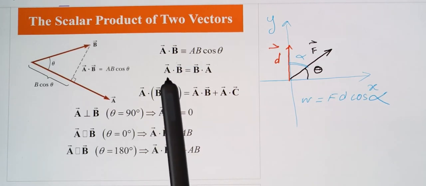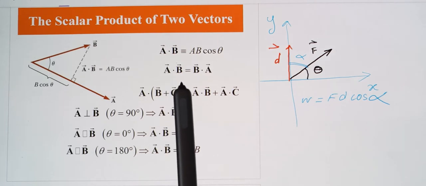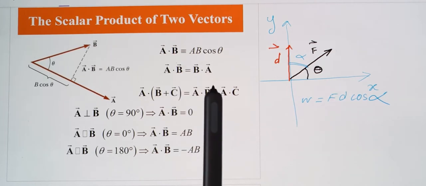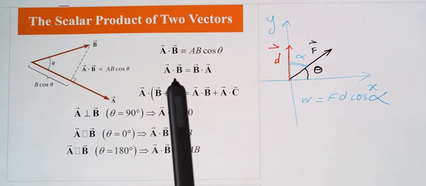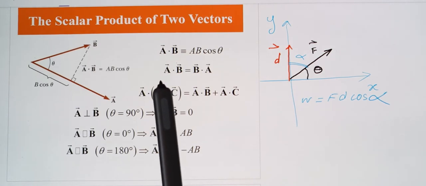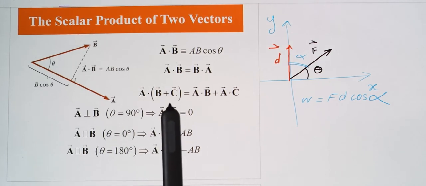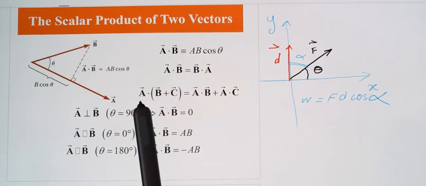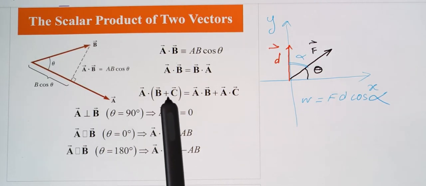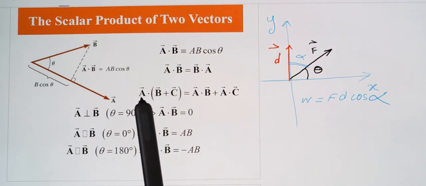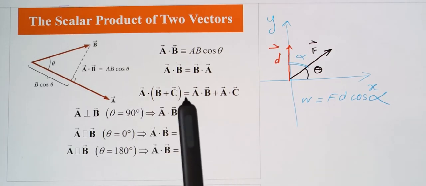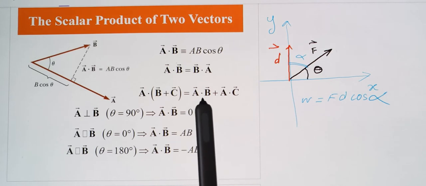So the first rule, A dot B is equal to B dot A. Dot product, it will not make a difference if you do A dot B or B dot A. Also, if you have this situation, if you add the two vectors first and then multiply by A, it's the same as if you multiply A by B, dot product,